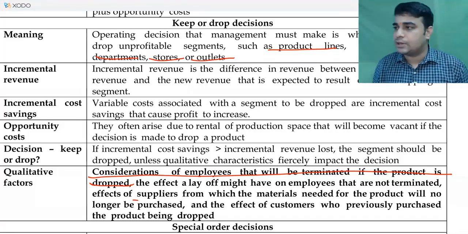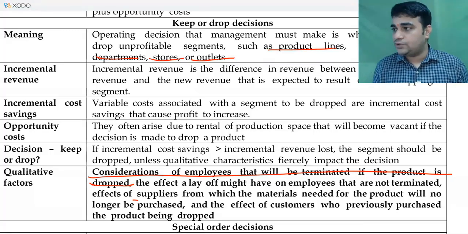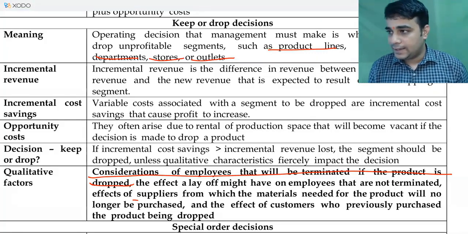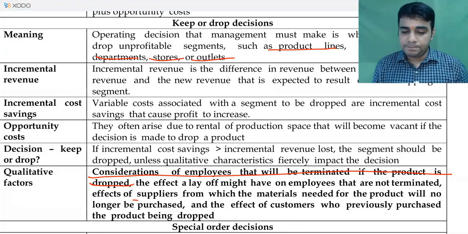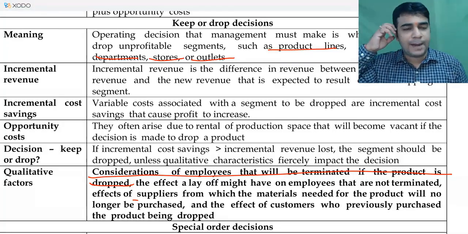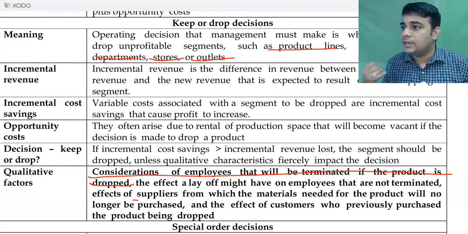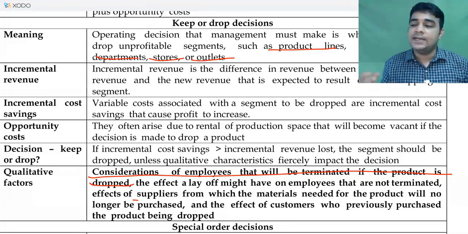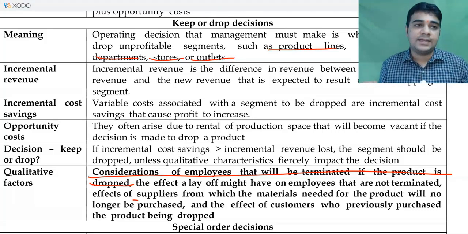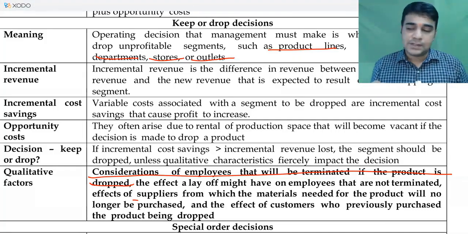I think again this decision does not have any qualitative factors mentioned there, but factors like impact on future revenues from that customer, and impact on the existing set of customers which is likely to happen because of the special order. Are there any extra costs? We had done one question on that planetarium where, if you remember, there were 3-4 points mentioned. One was impact on the future revenues of the company. Second, is there any extra cost which you need to incur because you are taking this up? Are there any extra costs which need to be incurred by the organization because of taking up this contract?